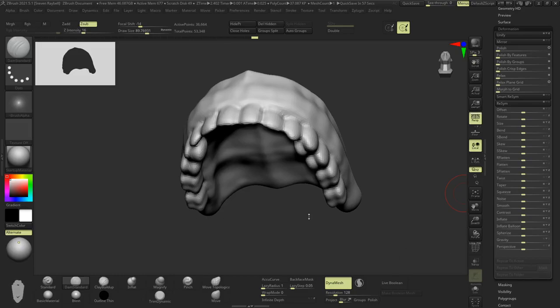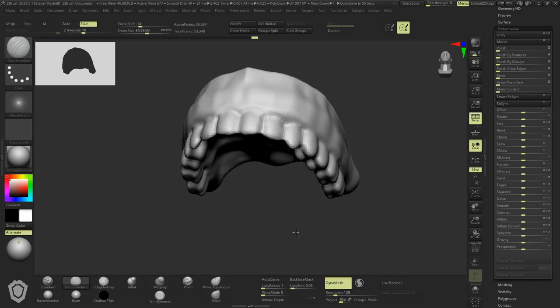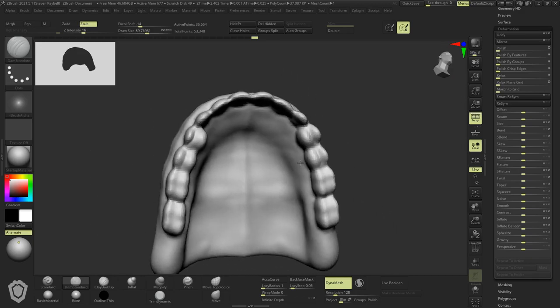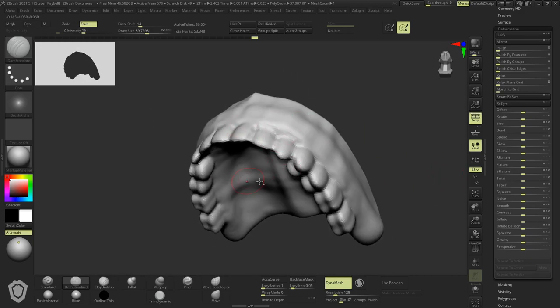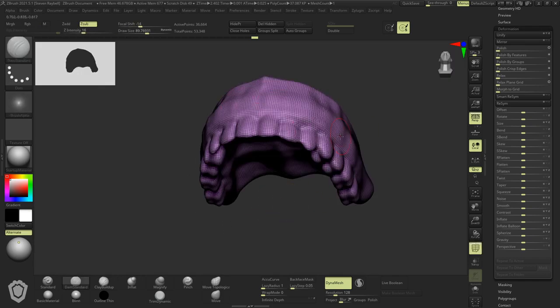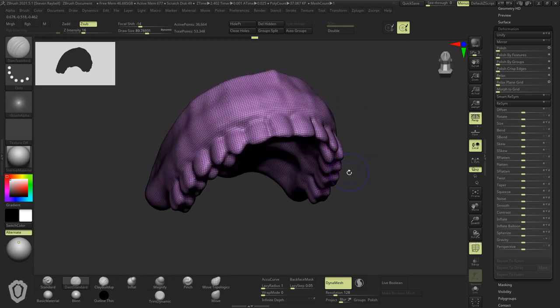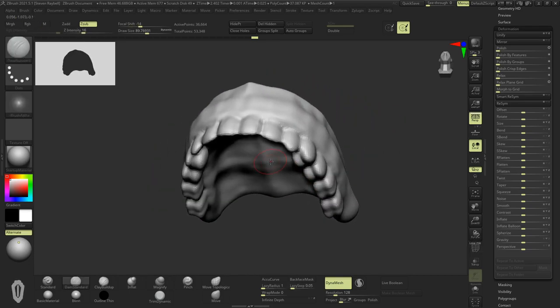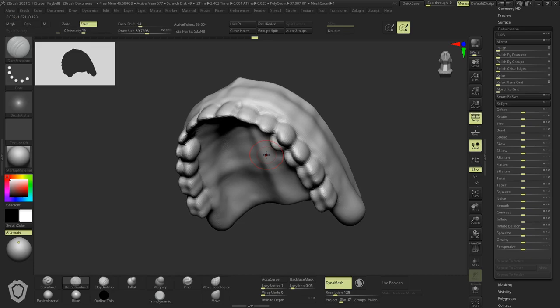Okay, so I've created basically the situation that you're in with this disconnected mandible. I have this upper mandible with teeth attached all as one mesh. You can see that through checking the poly groups as well. One of the things, since closed holes might act a little bit funny in this situation,